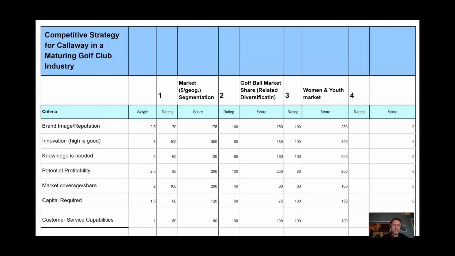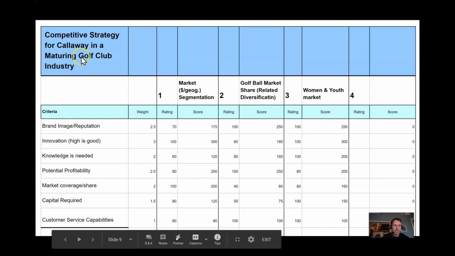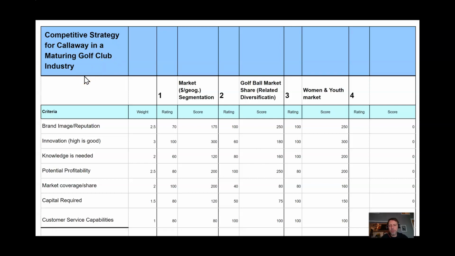And then to go a step further, this one's actually using a different company. It's Callaway. It's called a MAU model, MAU. It stands for multi-attribute utility model. I don't care that you remember that fancy name. I could easily put a fourth, so there's space to put a fourth one here.